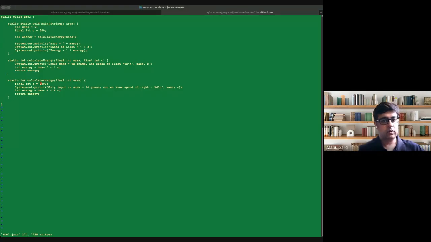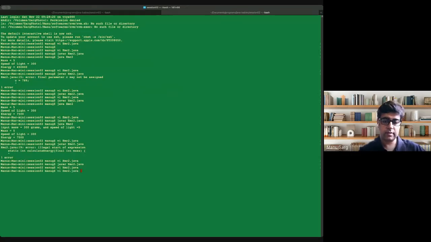So we notice now the number will be different because we are going to use speed of light as 2000. And we will also see a difference in the debug message that we added. Instead of the input mass equal to this one, we'll say only input is mass, and we know the speed of light is so and so. So we should expect some difference in the output. I'll compile it one more time